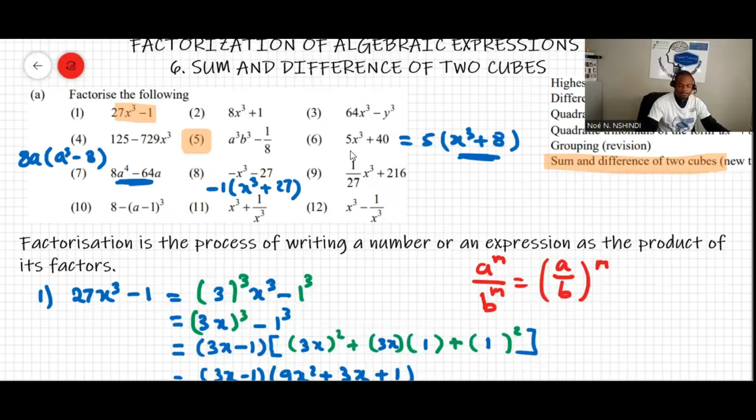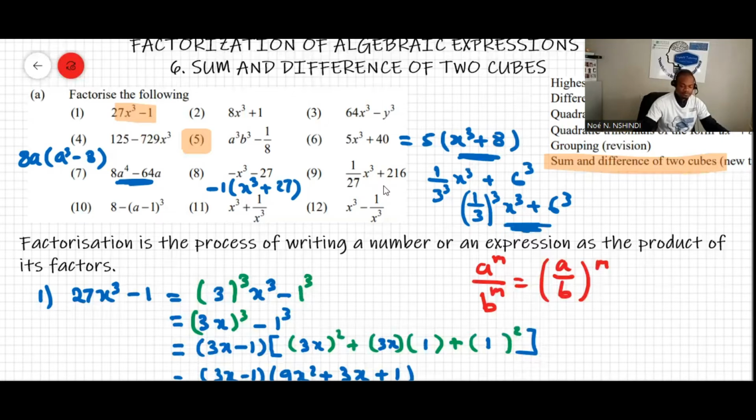Okay, so I'll leave these ones for you to practice. And then over here also, 216 is the same thing as 6 to the power of 3. So don't write this in exponential form, but 1 over 27 is like 1 over 3 cubed x cubed plus 6 cubed, and 1 over 3 is going to be 1 over 3 raised to the power of 3 x cubed plus 6 cubed, and then apply the sum of